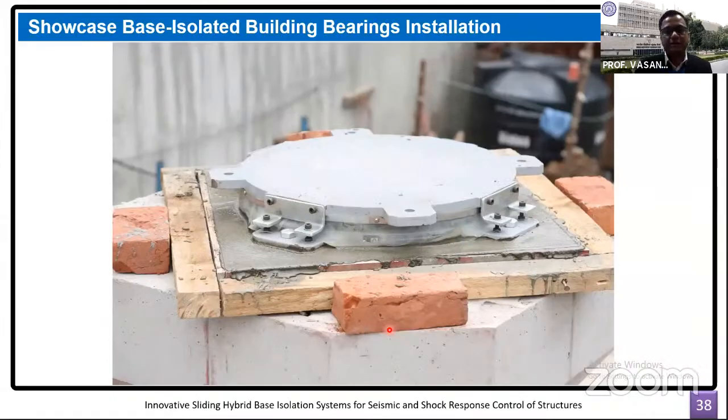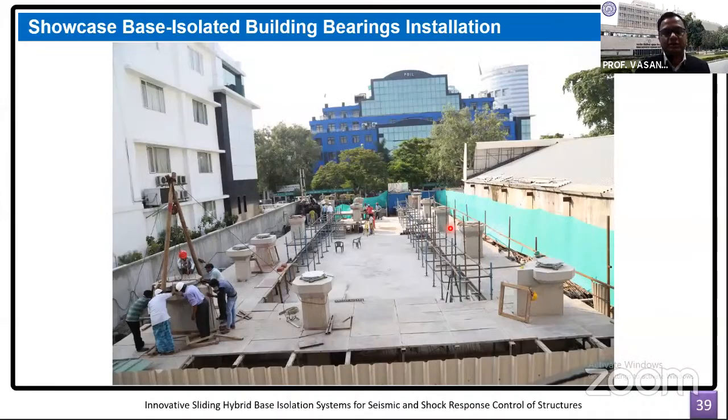And then the grouting was done, and this is immediately after the grouting was done in the bottom column. Again, you can notice the protection provided here from debris to enter inside the isolator. So this is the bird's eye view during the installation of the isolation system on all these different columns. Please note here, these two diagonal isolators are different, as I have shown earlier, as compared to rest of the isolation system.